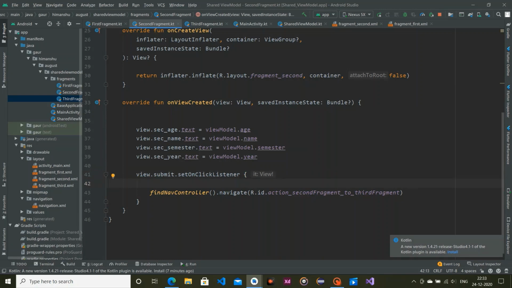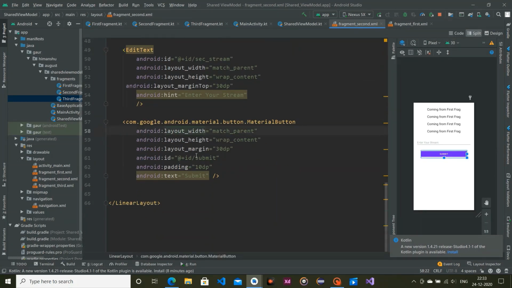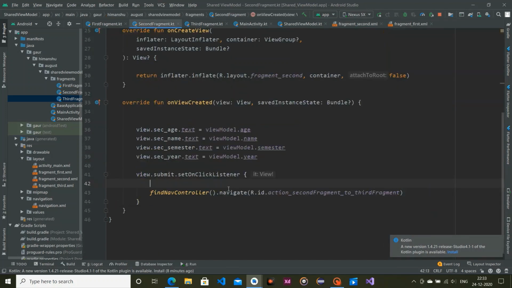And within our submit setOnClickListener, so this is basically our button, I'm just showing you. So in the second fragment, this is our button, you can submit. Second fragment submit, and we have our edit text.